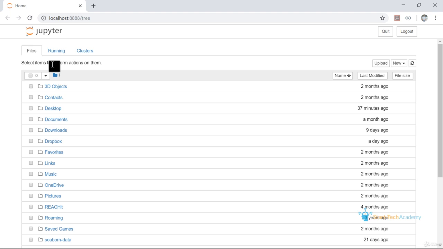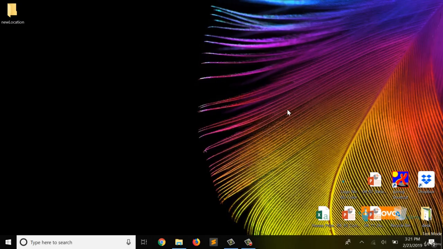As I told you earlier, these are the files and folders that are present in your default directory. And if you want to open Jupyter Notebook outside this default directory, you can change the directory from the command prompt by writing cd. So we will close this Jupyter Notebook.